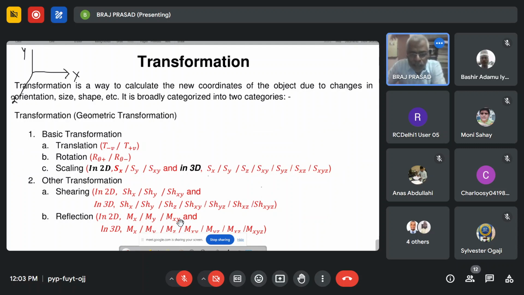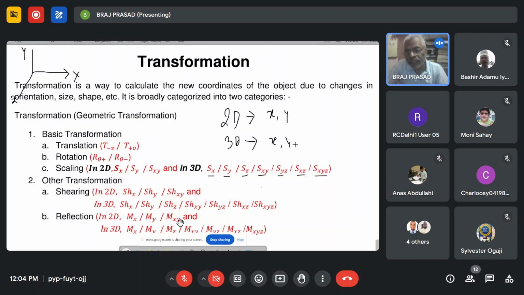In 3D, we can scale our object in x direction, y direction, z, xy plane, yz plane, xz plane, and sxyz. I mean in all directions. So we will learn all transformation in 2D as well as in 3D. In 2D, there will be two dimensions, x and y, but in 3D, we will use